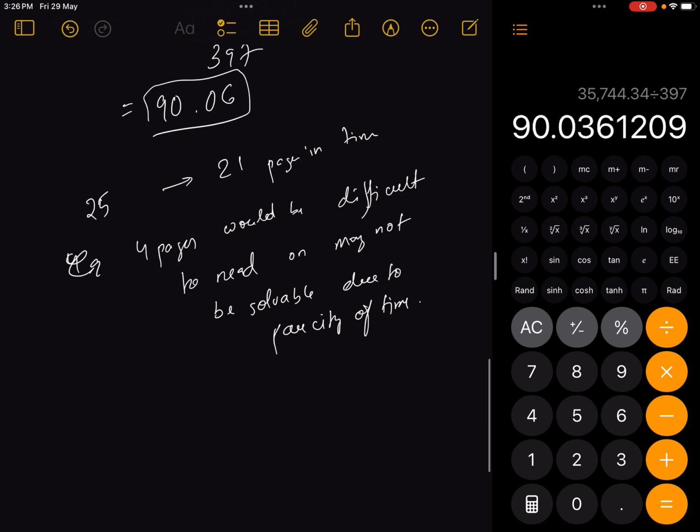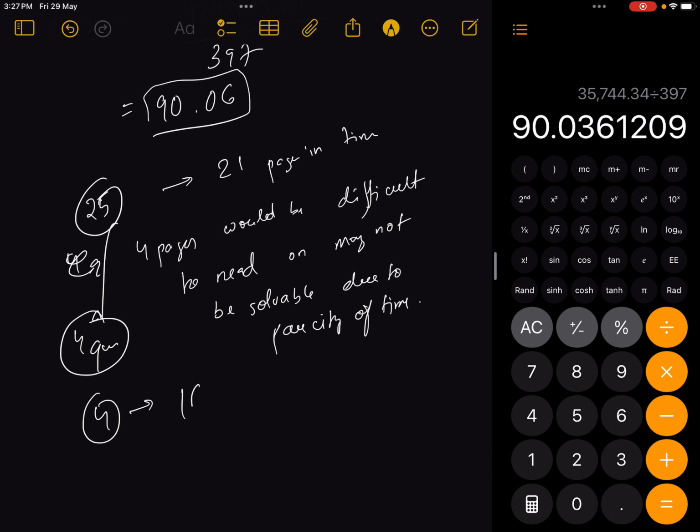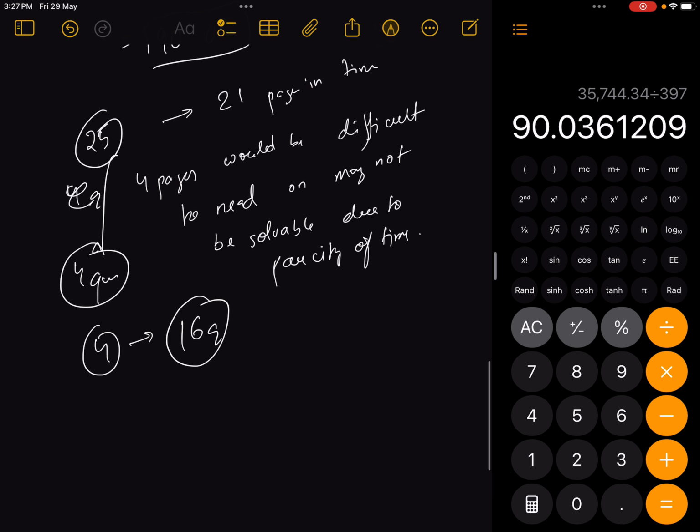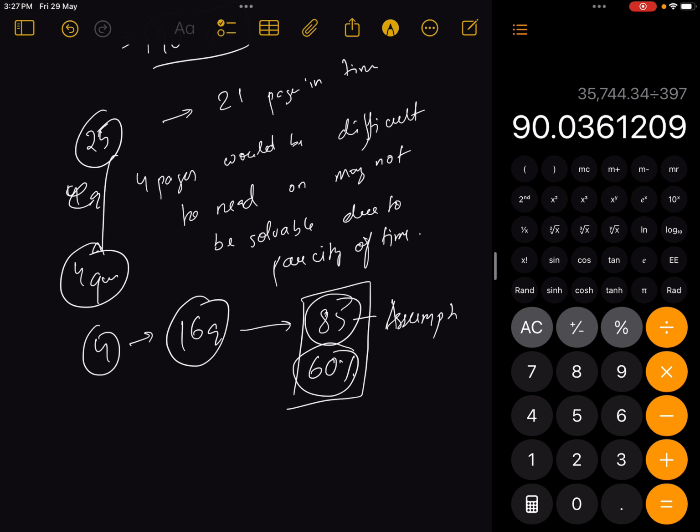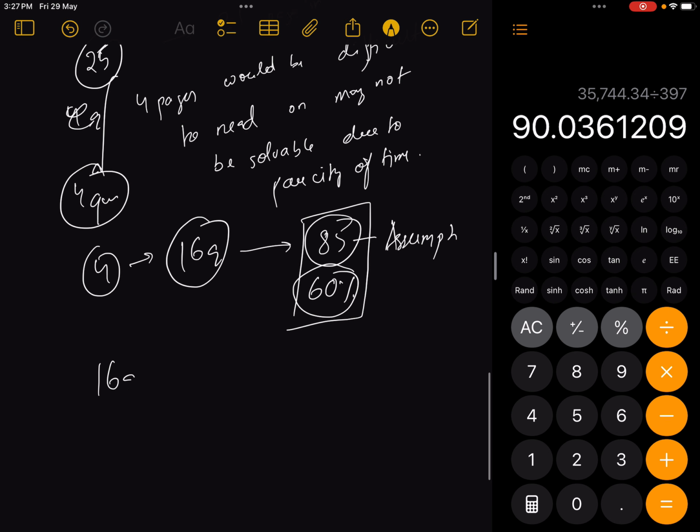Correct? That means in this paper, each page had 4 questions, so the extra 4 pages imply 16 questions. An average qualifying candidate must be attempting about 85 questions. Yes, this is purely my assumption with an accuracy of 60%, because I think with these numbers, you can easily clear the cutoff. So if they have left 16 questions,